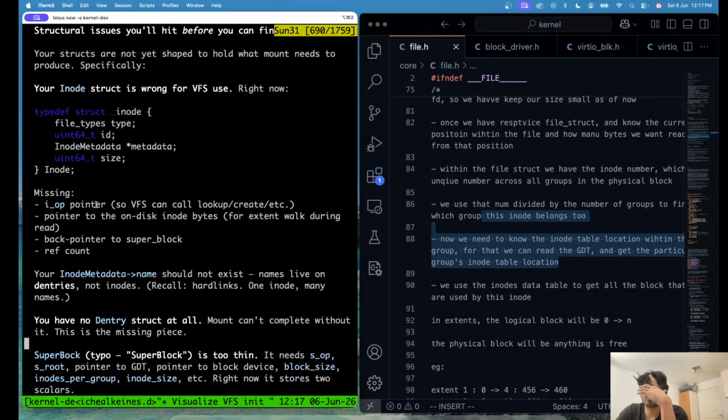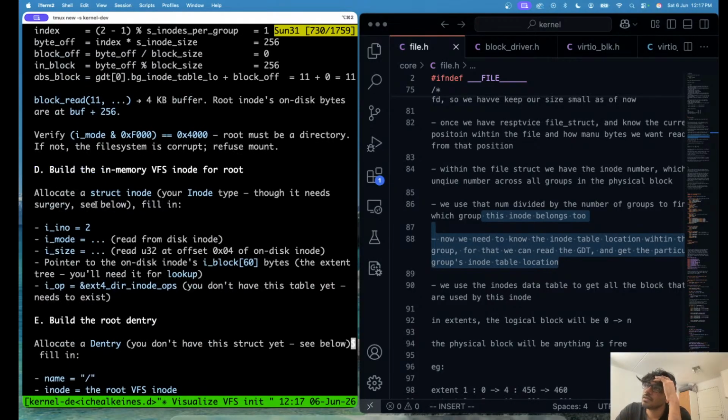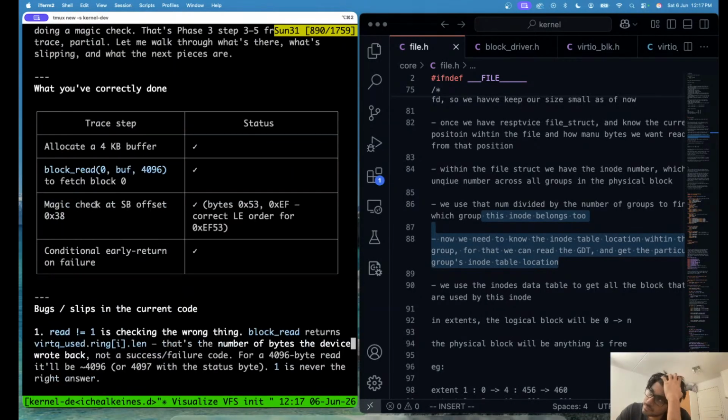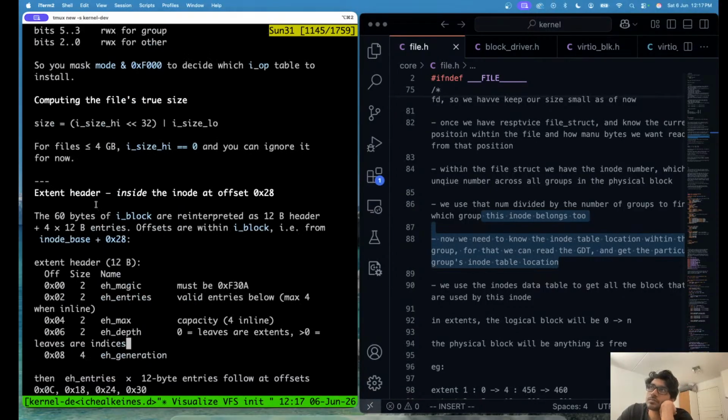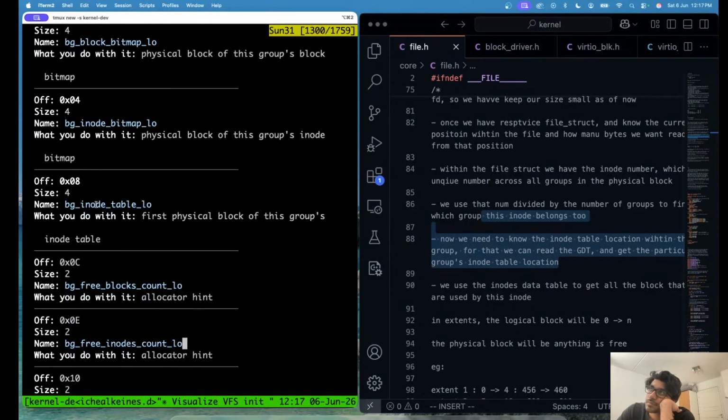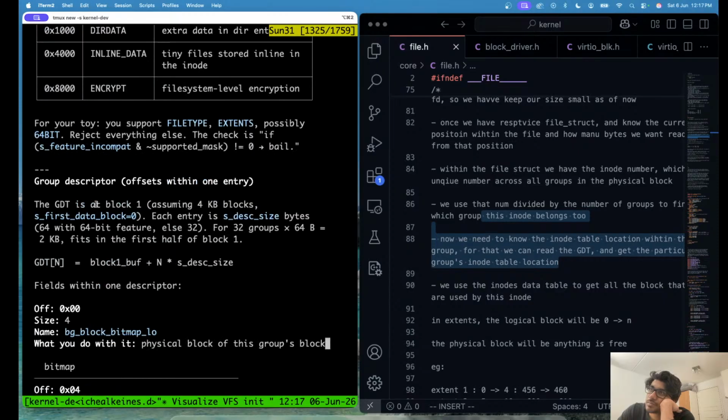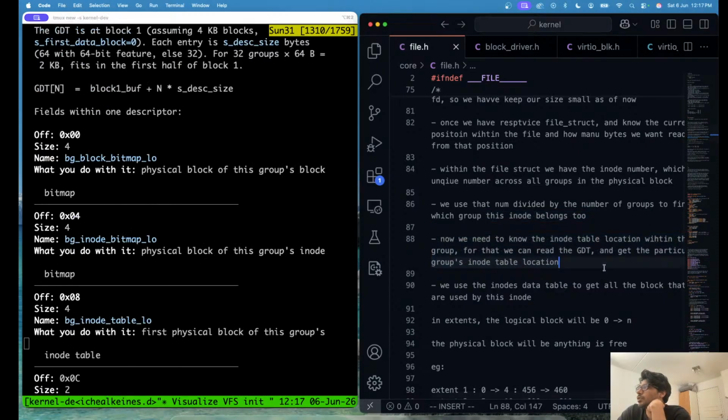Only after that can I actually say, so here once I have the inode location within the group, I need to go to the GDT table, check if the inode is already assigned, and inode numbers are always